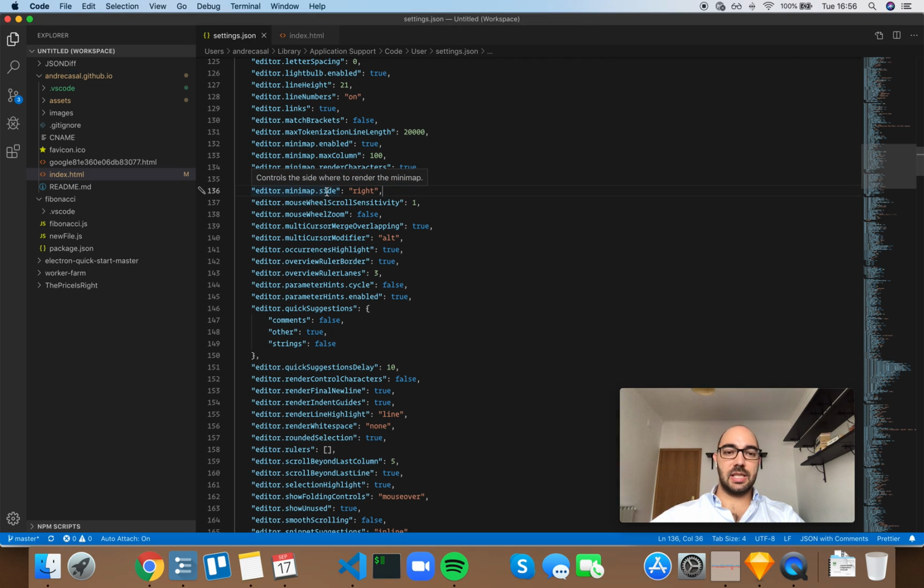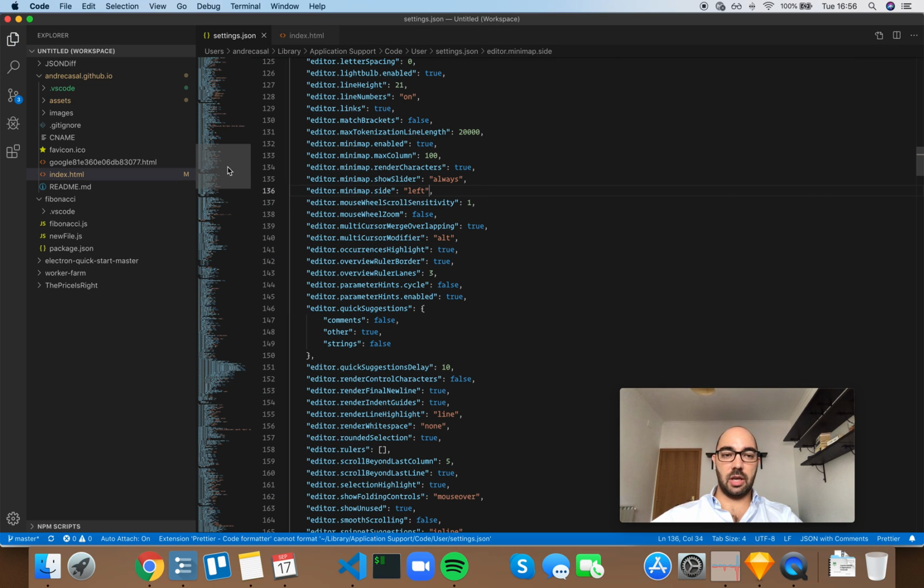Editor minimap side. So it just controls in which side you want your minimap on, and you just have right, which is the default value, or left. And you can have your minimap on the left. Now, I prefer my minimap on the right because if you have it on the left,